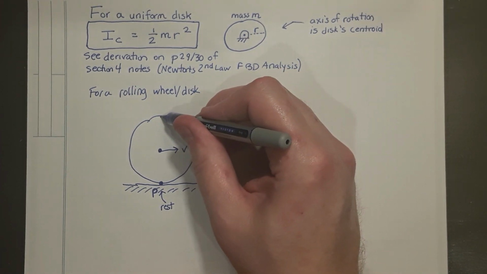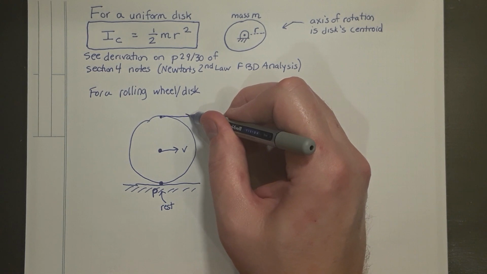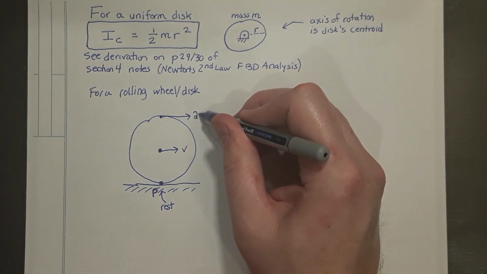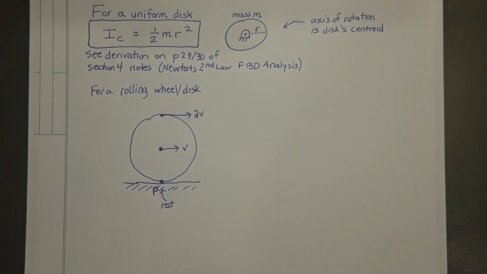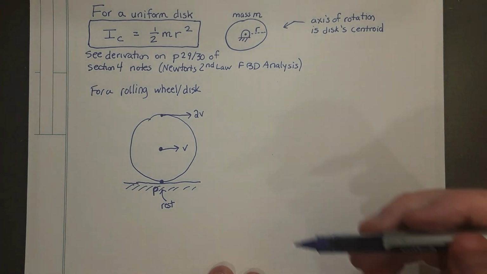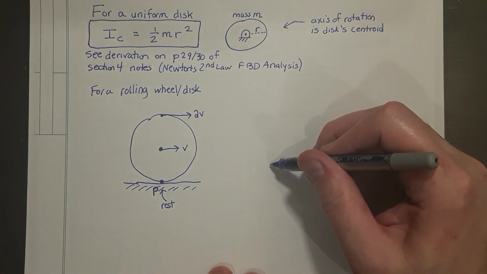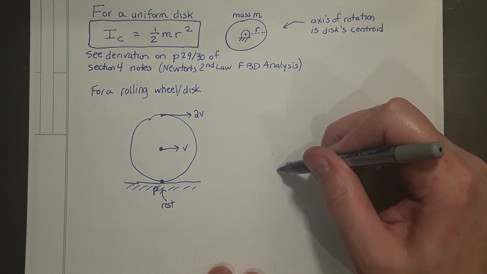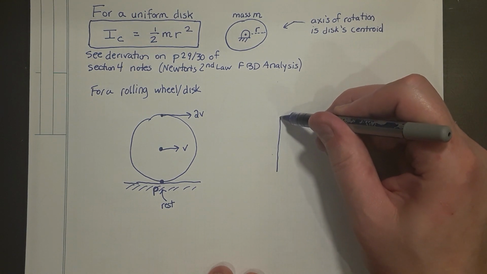But the top of the wheel will exhibit a velocity which is exactly twice that of the velocity of the center of mass. The reason being that that point is exactly twice as far away from the axis of rotation as is the center of mass. An analogy that you can see is if I took a stick